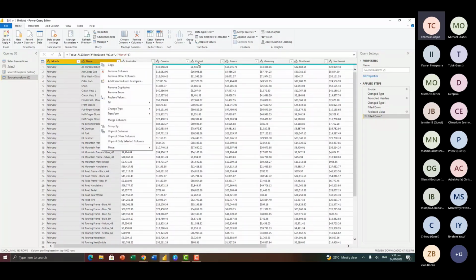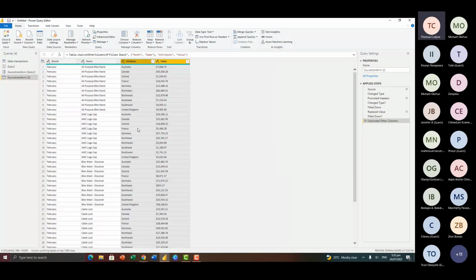So unpivoting then means that I want to convert the columns into rows. So I'm going to pick unpivot columns. And now you see that we have the column headers into one row or one column. And then we have the values in another column. So I'm going to call this maybe region, let's say region, countries. And I'm going to bring in this as maybe sales. Now we have this here.